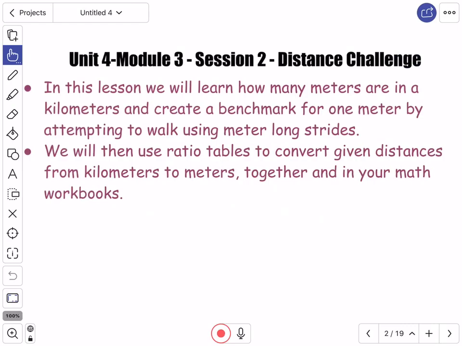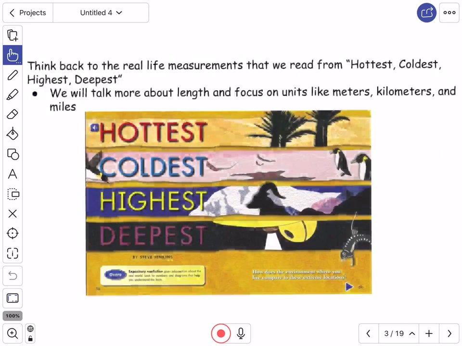Unit 4, Module 3, Session 2, and it's called the Distance Challenge. In this lesson, we will learn how many meters are in a kilometer, and we're going to create a benchmark for 1 meter by attempting to walk using meter-long strides. This part we probably won't be able to do actually because we're not in the classroom. And then we will use ratio tables to convert given distances from kilometers to meters, together and in